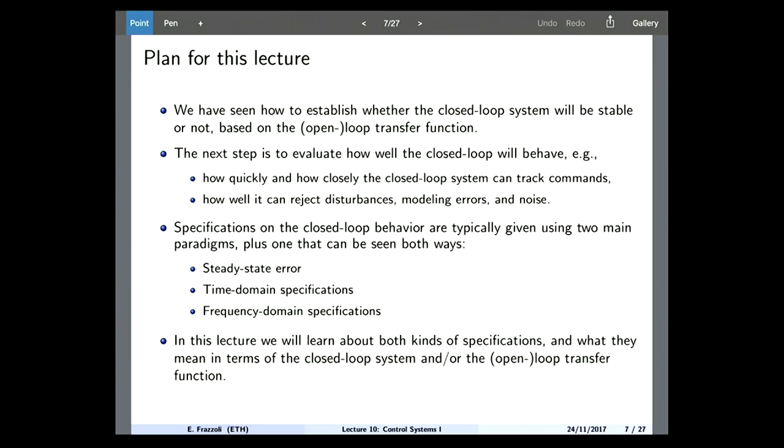Also, typically you say I want my system to be stable and meet the specifications, but I also want the system to do that robustly. So I don't want my cruise control to go unstable if I put one too many suitcases in the trunk. I don't want to have to just have a light meal for lunch, otherwise the car will go crazy. So you want your design to be robust to things like modeling errors,